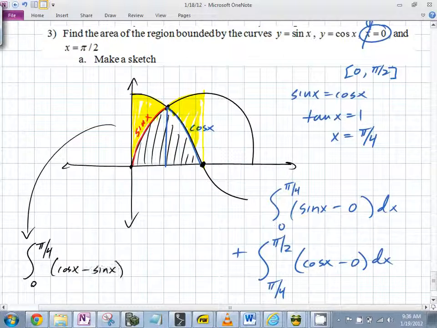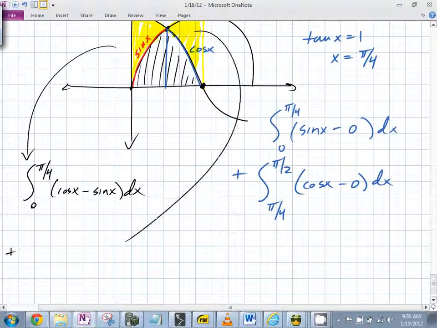Pi over 4 to pi over 2 of sine x minus cosine x dx. Are those things you can definitely integrate? Yes, absolutely. In this class,